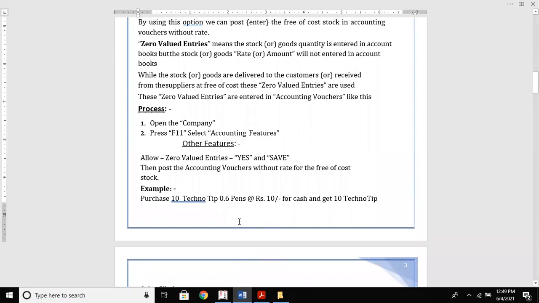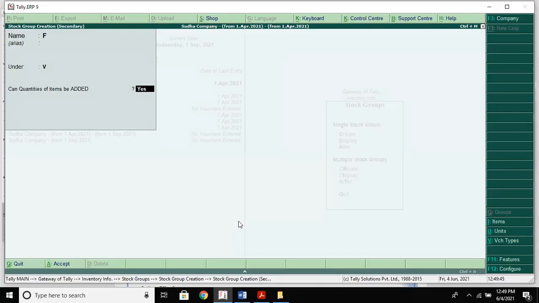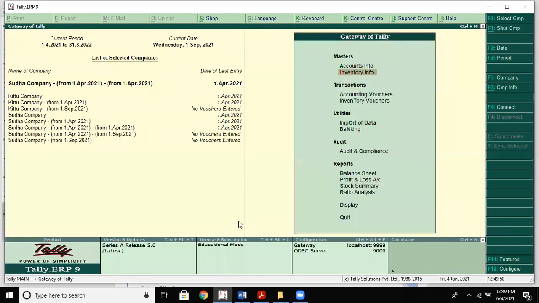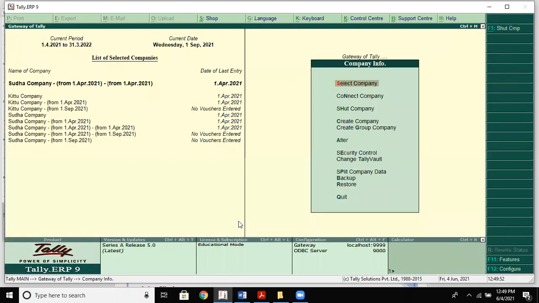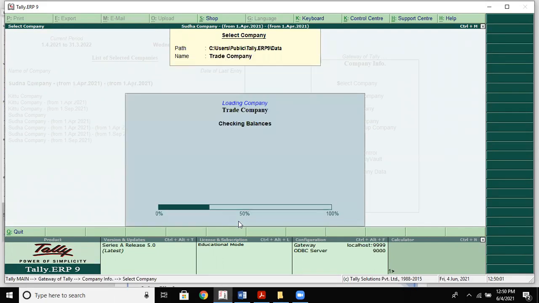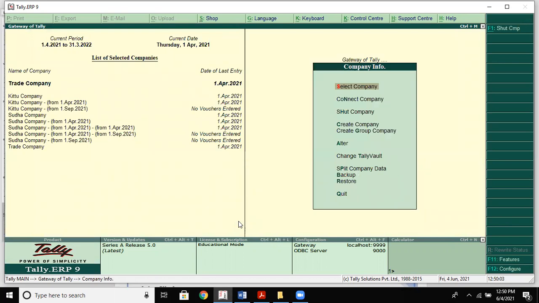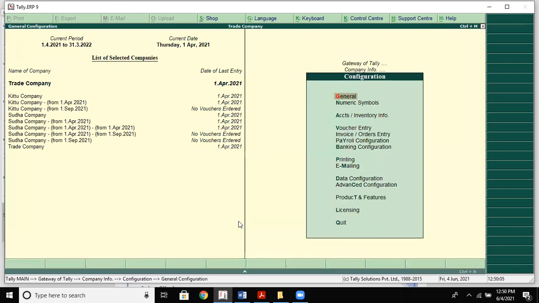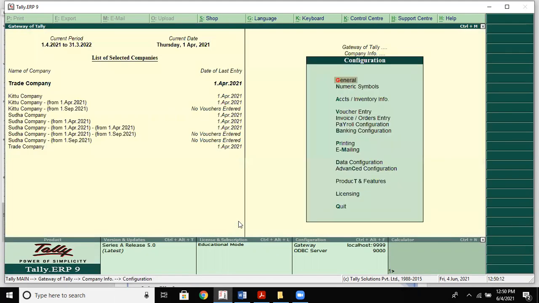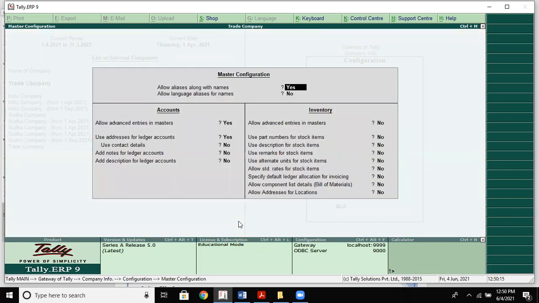So first you're going to open the company. For example, let us open the company Alt F3 and let's select company. So we want to go for trade company. Now F12 configuration, you're going to hit general and in that others.